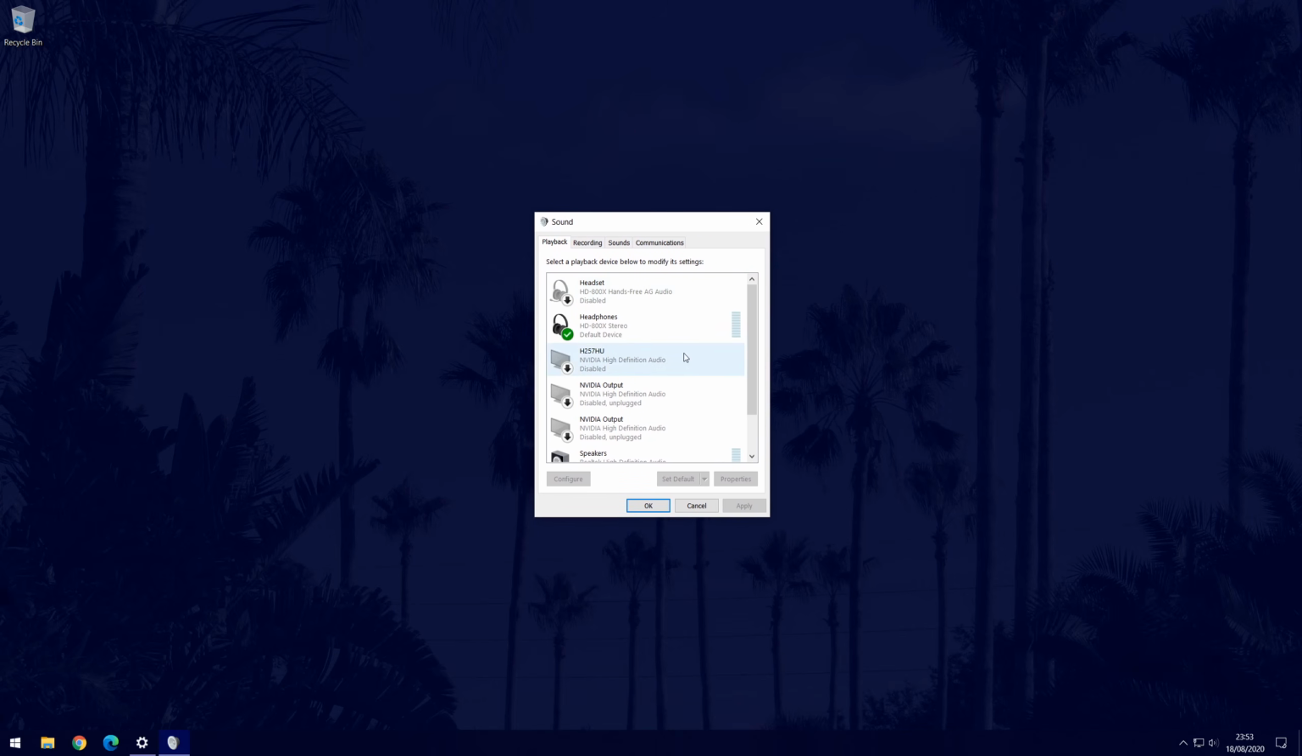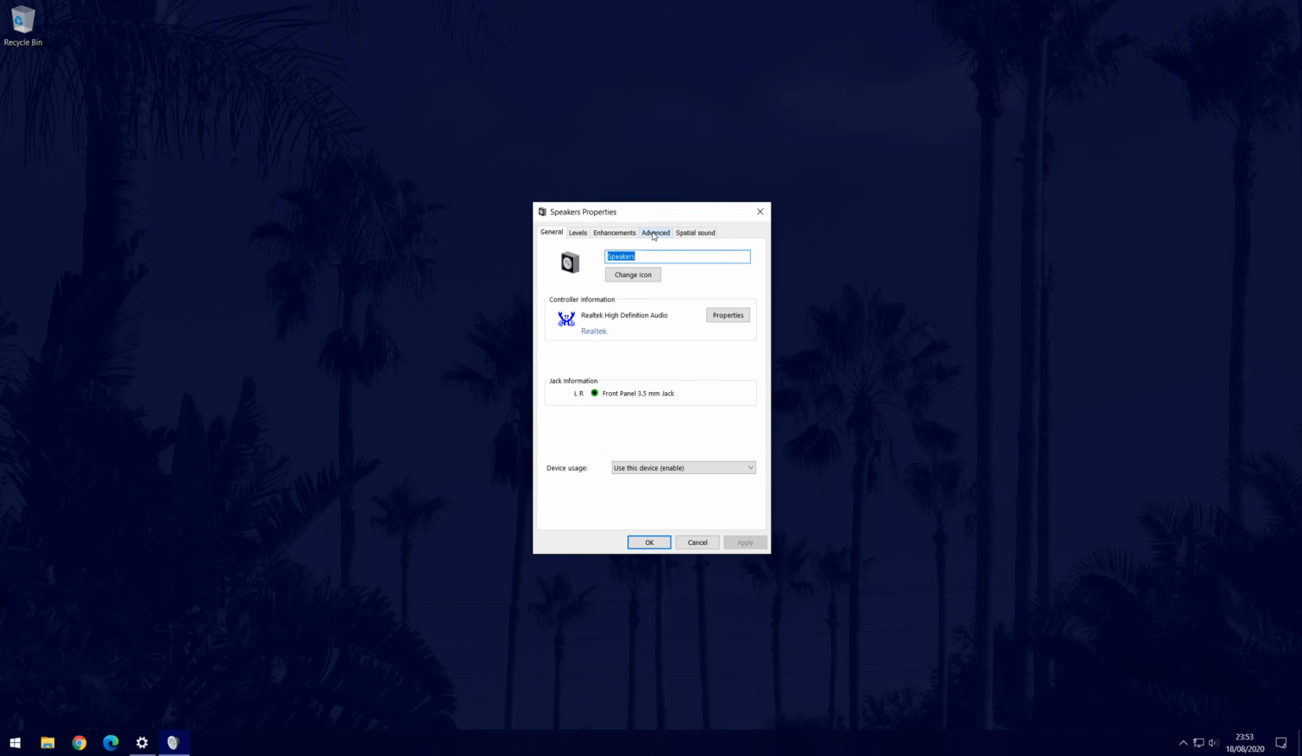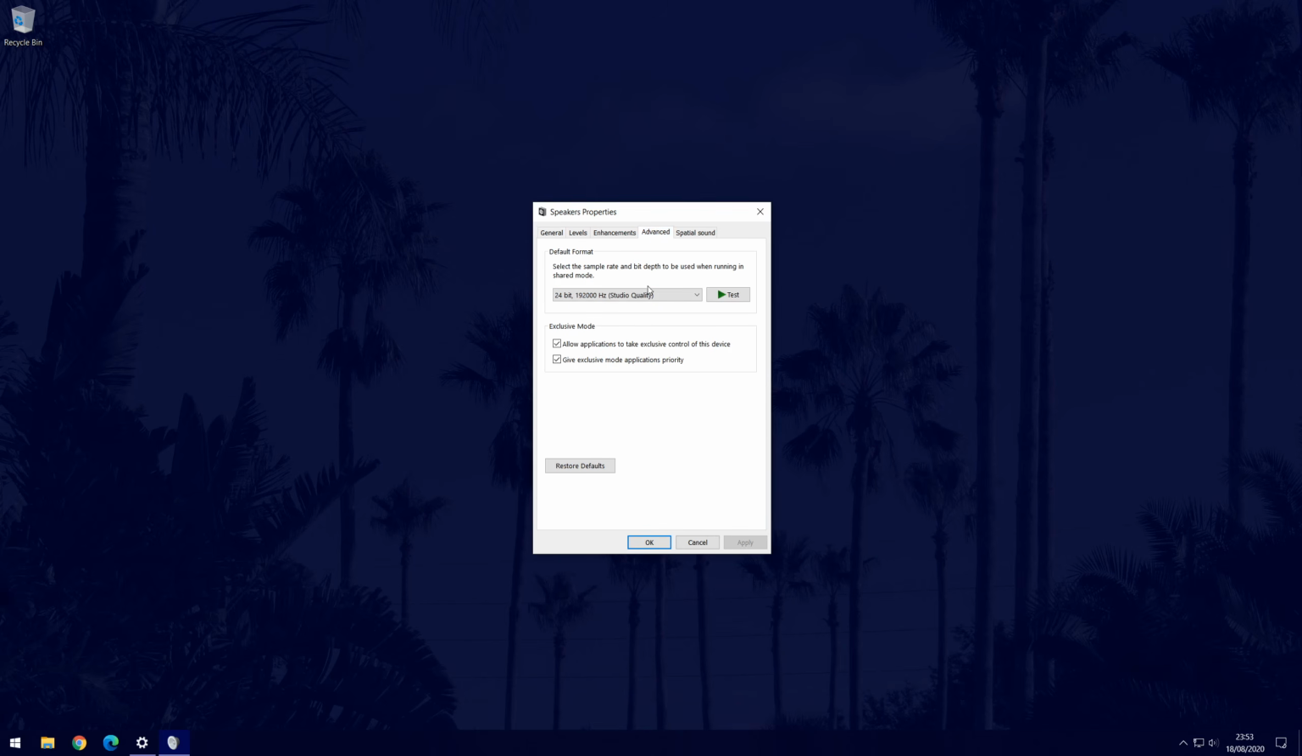This will open a new window, and in it, make sure you are on the Playback tab. Now is a good time to make sure you have the correct output device selected and enabled. Find your output device from the list and then double click on it. Head to the Advanced tab next, and in here you should see the drop down box which allows you to